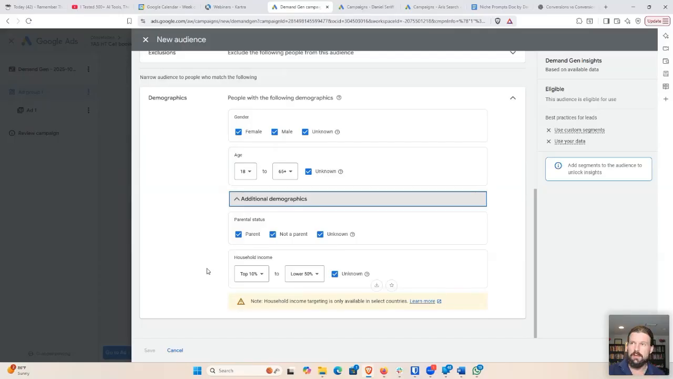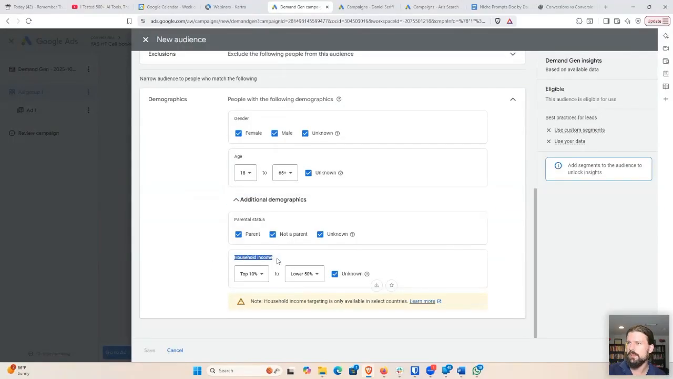The most important thing I want to show you here is this, household income. So look what it defaults to. Top 10% to lower 50%, and unknown. So this is, I want to show my ads to all income groups, including people whose income is unknown. Now, the income targeting is not perfect. It doesn't know 100% accurately what everybody's income is, but Google knows a lot about people, and judging by their behavior, it can figure out with a fairly decent degree of certainty what kind of income category the